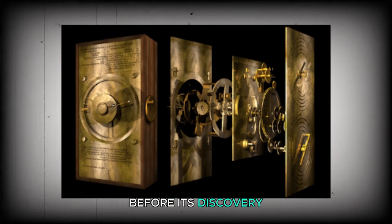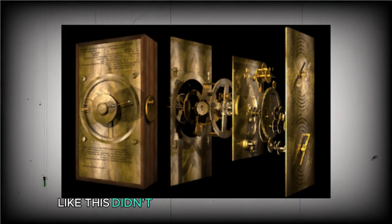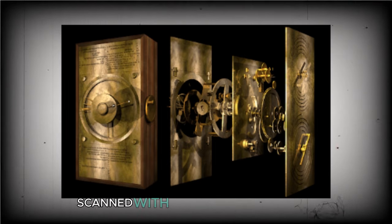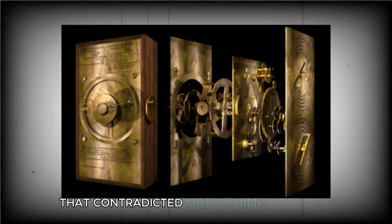Before its discovery, historians believed that advanced gear mechanisms like this didn't appear until medieval times. The mechanism consists of 30 interlocking bronze gears and sophisticated technology that demonstrates an astonishing understanding of mechanics. Scanned with X-rays, the mechanism's intricate design revealed an advanced knowledge of science that contradicted everything previously understood about ancient